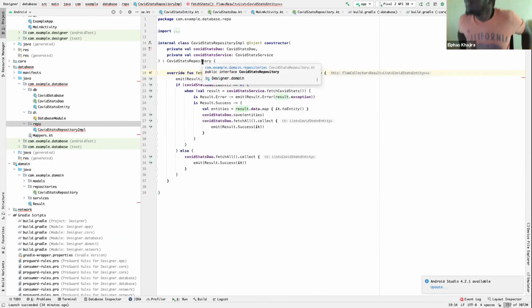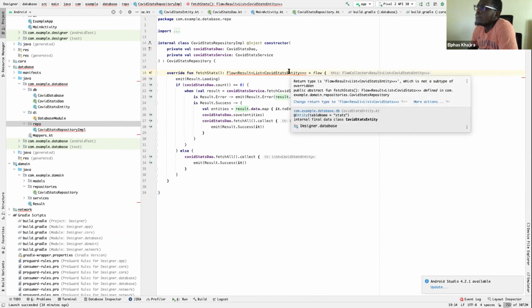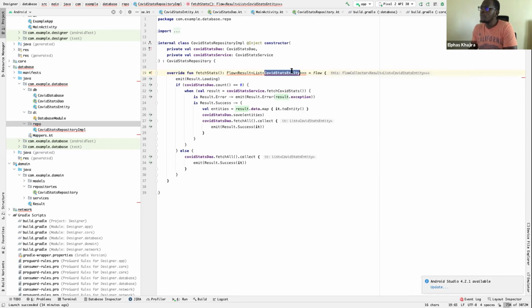Oh, now we get into the next set of problems. So we have this saying, you're supposed to return a COVID stats. We don't want to expose our entity.